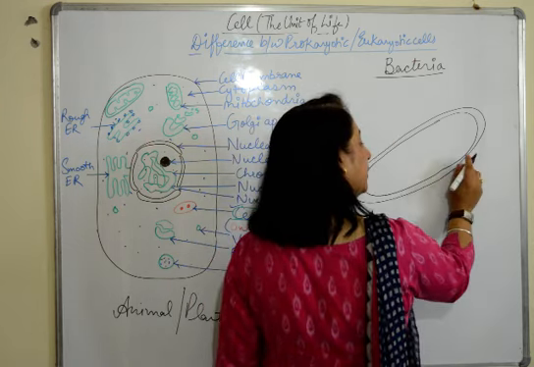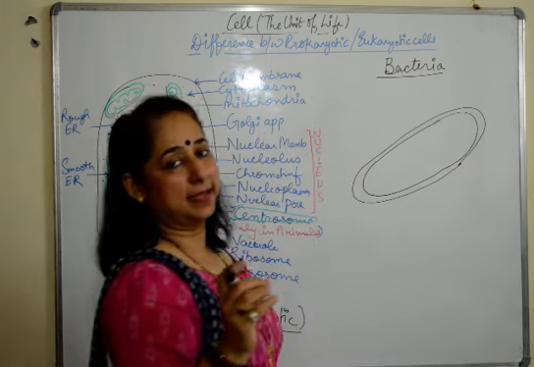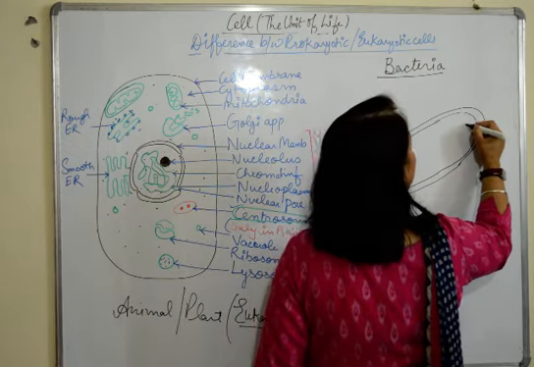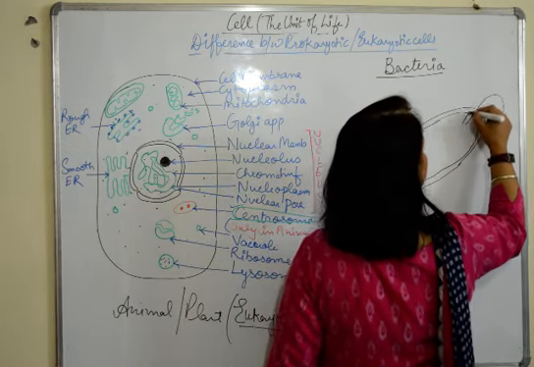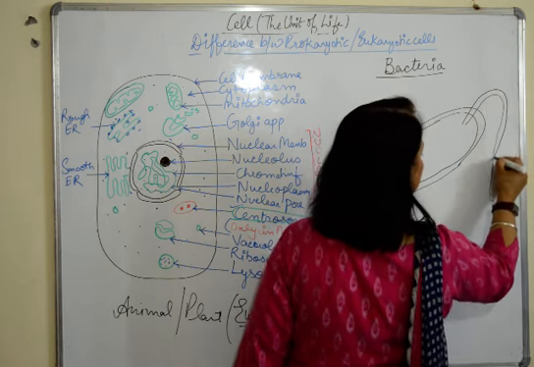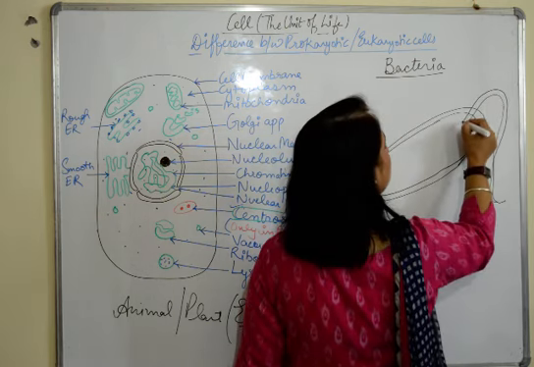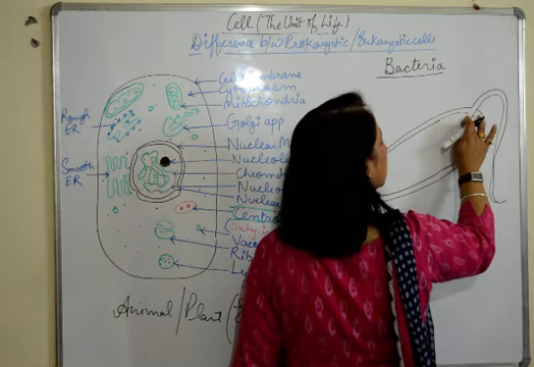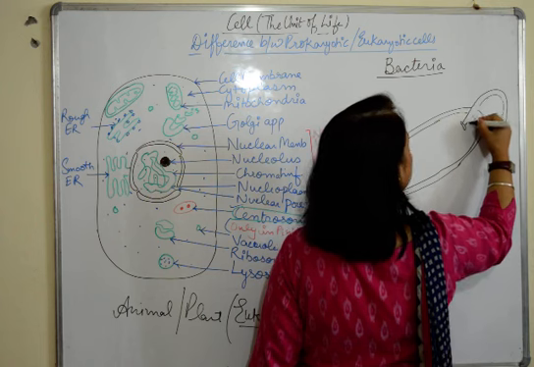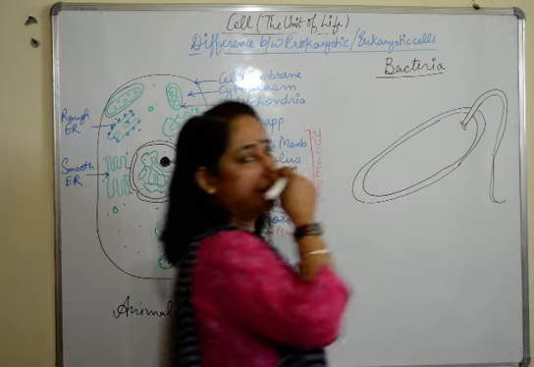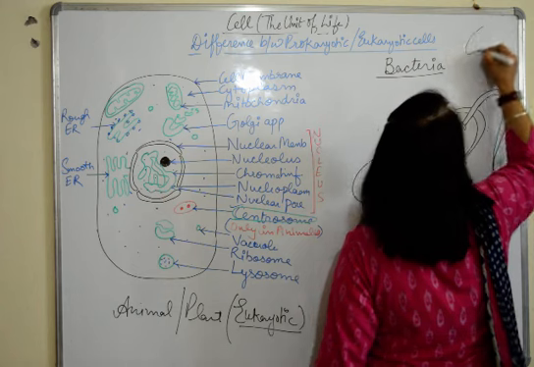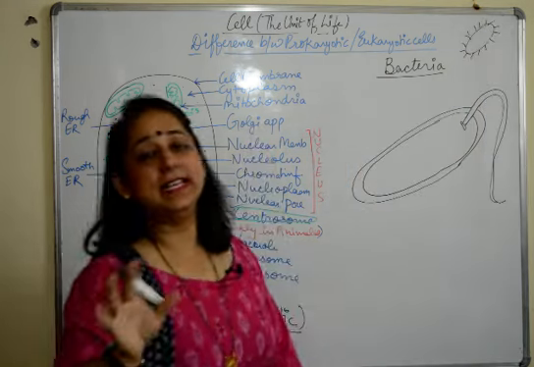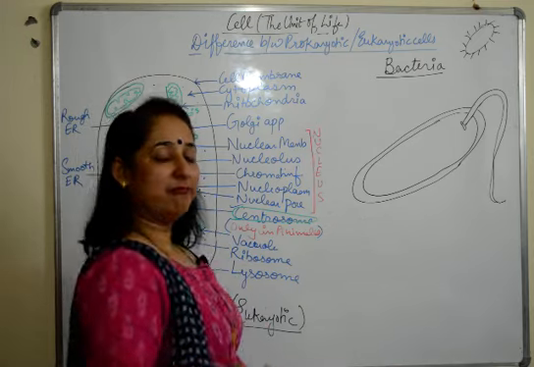Then most of the bacteria, now I am making a generalized diagram, it can vary from bacteria to bacteria. Most of the bacteria have a flagella present which helps them in movement. In some of the bacteria, instead of flagella, they have cilia. So what are cilia? Cilia are small thread-like structures. Flagella is a bit long, whereas in case of some bacteria, if I make here, they will have these small thread-like structures, cilia around them for movement. So they have a flagella.